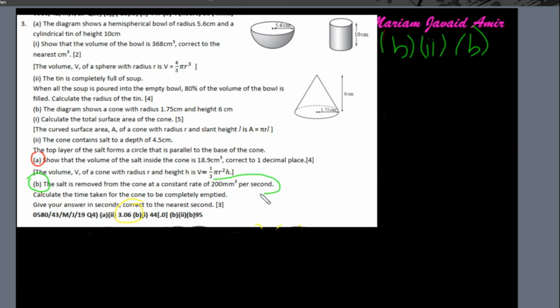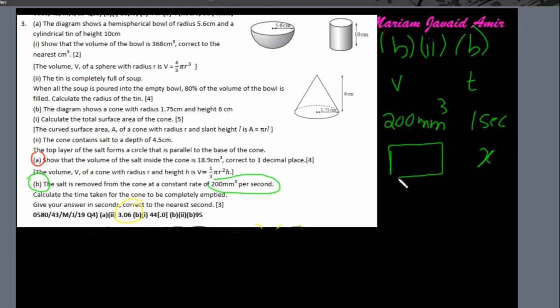So again, this is a ratio between volume and time. In 1 second, 200 millimeter cube of salt is removed. Calculate the time taken for the cone to be completely emptied. The cone had salt in it, and the volume of salt we got in the last part was 18.94. I will be using the unrounded value, 18.94159, which is still in my calculator. So I'll cross multiply, so I get x equals